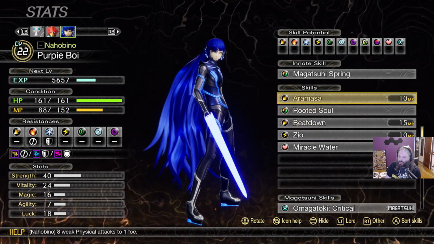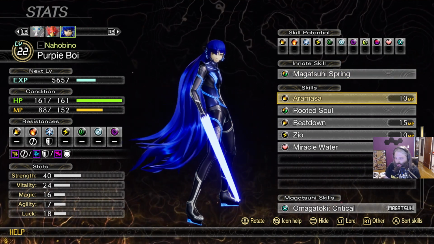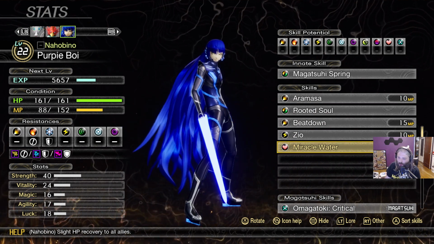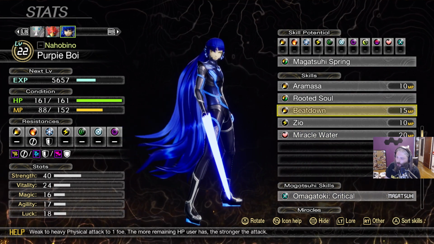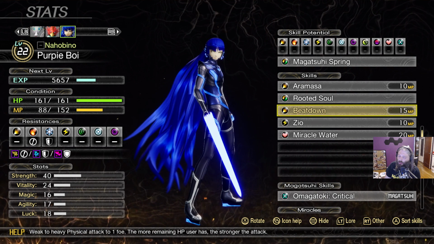There's not a lot of physical options at this stage. Aramasa is good sometimes, but I don't use it that much. This is basically just like, honestly, my character is fine, but they're not going to really start popping off till they get some better physical attacks, I think. It's nice to have Miracle Water, but they're kind of a flex spot because all their damage comes from their physical,